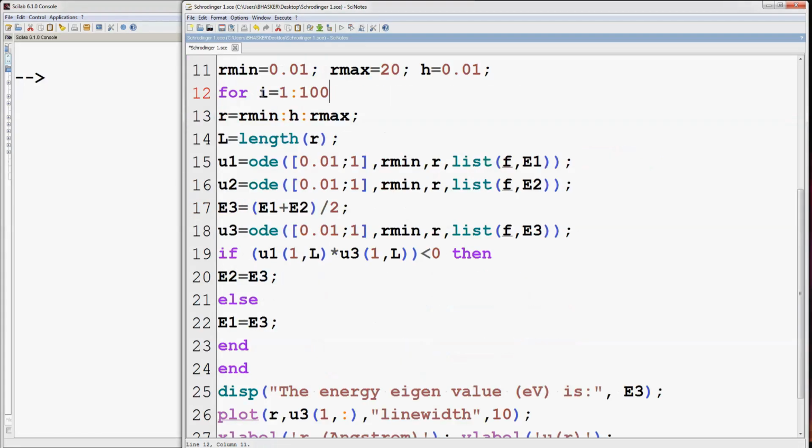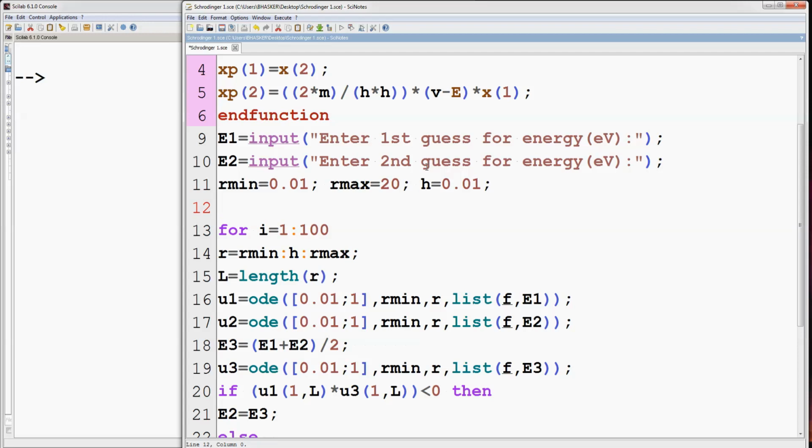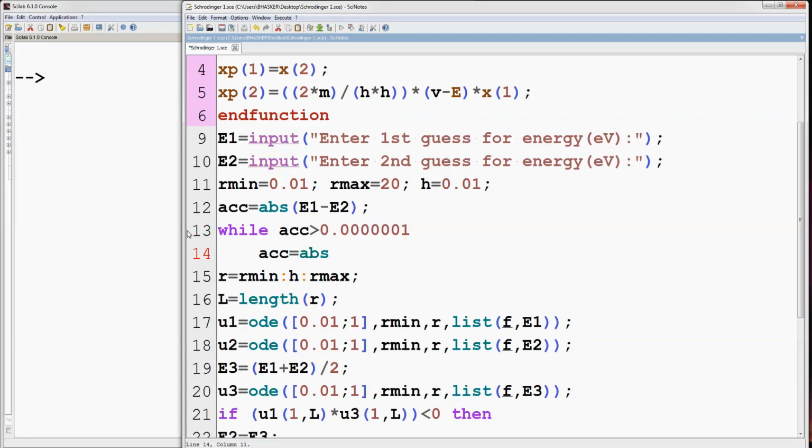We had used for loop in the program. We can also do it using while loop. While loop will give us another advantage. We can now iterate the program till a certain accuracy in energy eigenvalue is achieved. For this, first define accuracy as the absolute value of E1 minus E2. Remove for loop and use while condition. Define accuracy again inside while loop. Now the program will iterate till the difference between E1 and E2 is greater than 10 to the power minus